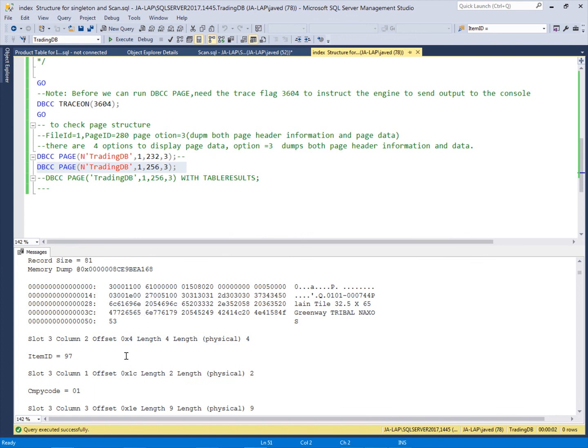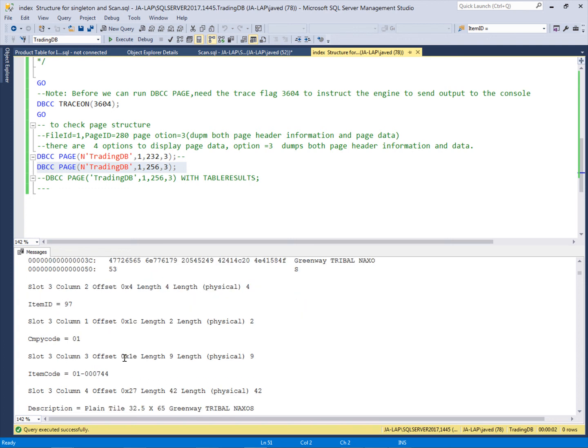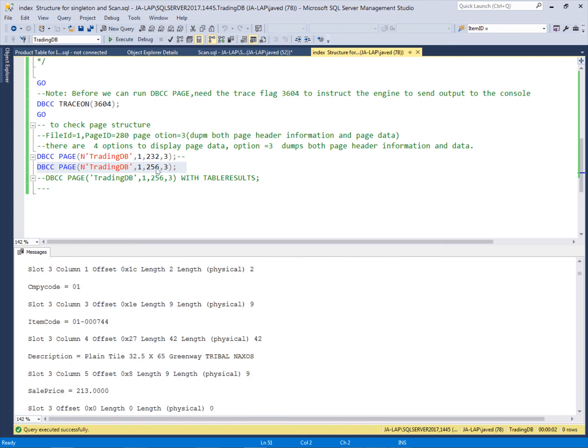If not, then it will compare whether our required ID is greater than the middle ID or less than. If it is greater, it will discard the first part and go to the next part, and again it will take the middle ID from the remaining part and match it against the required ID, as we have seen in the previous video. So in this way it will find the matching record, and this is the binary search.